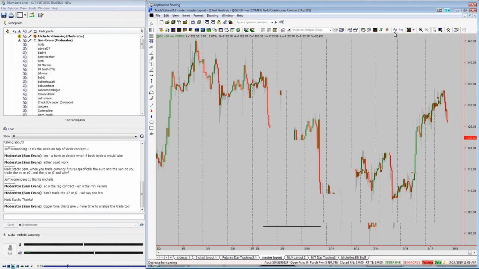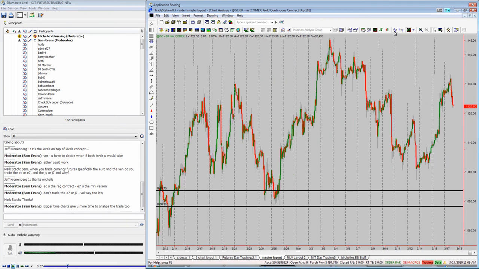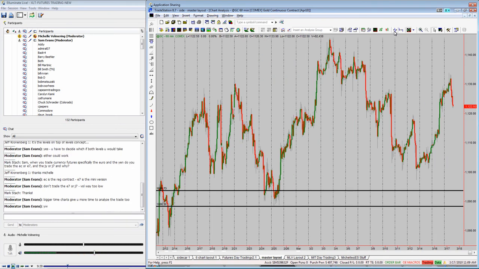And I want to first tell you that whenever you're looking for profit objectives on a trade, when we're minimizing our risk,